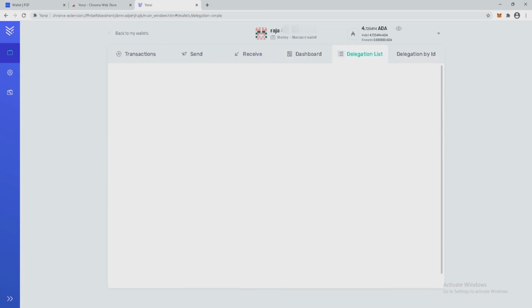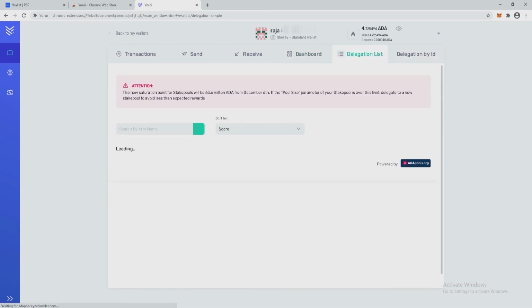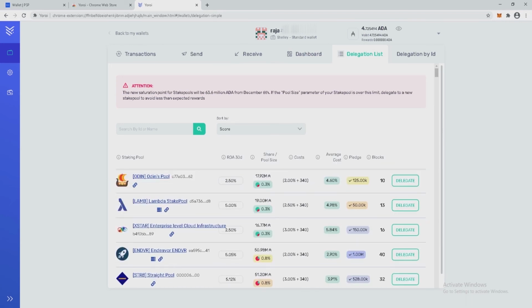And delegation list. You can search by ticker name.